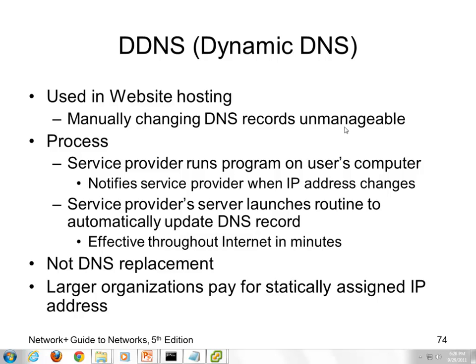Okay. It's not a DNS replacement, but it's an automatic update of DNS. It can also do static addressing, but a lot of places get static addresses that don't need one. With this service, you don't need one. But there is a drawback. If your IP address changes too frequently, there's a slight delay, maybe 15 minutes. If you really need to get in and you can't, well, that kind of would suck.